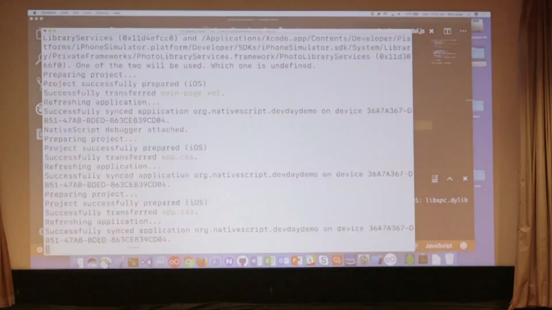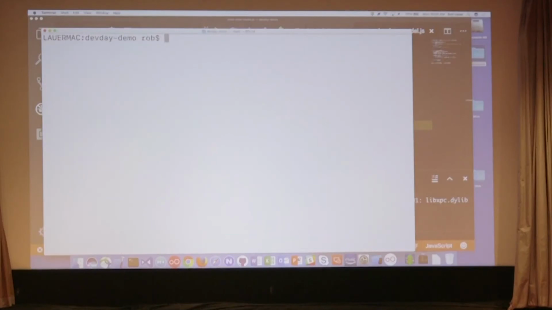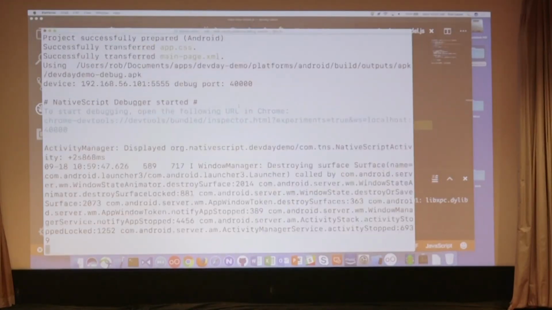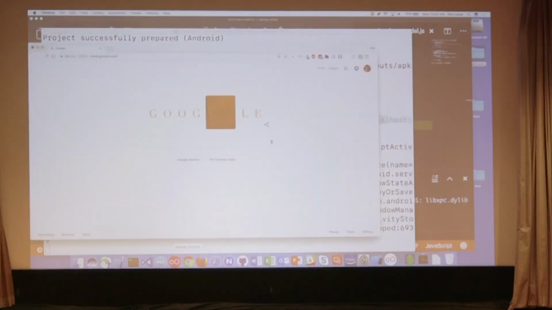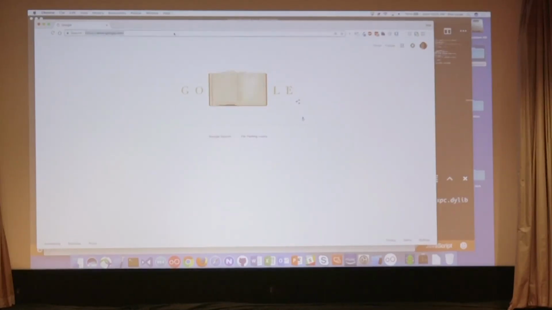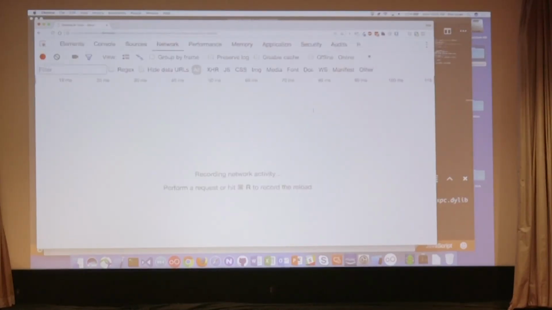Another thing I want to show you quickly is with Android. Let's clear this up here. Let's say tns debug android. I'm doing this manually. It's going to create a debug build of my app for Android and deploy it to my emulator running here. The cool thing you'll see is that highlighted in blue, I'm provided a URL to open up in Chrome. I'm going to grab this URL, and this is going to use my browser-based dev tools, which is, to me, pretty amazing. The same dev tools we've been using for years are now available to leverage for debugging